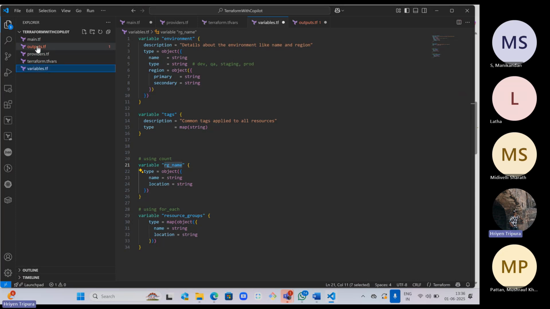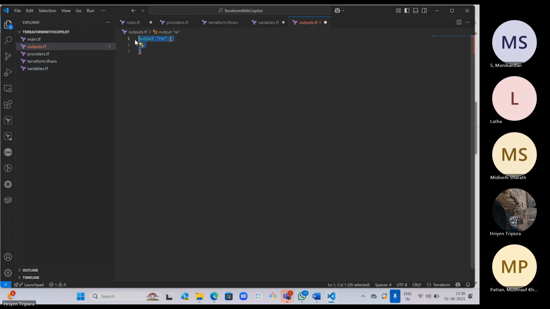Right. Let me copy this one. Whenever I want to output something, the output is going to be basically... let me give a name first. Okay, now you can see. I can use Copilot again. What it basically does is, whenever you define output, even if you go here,